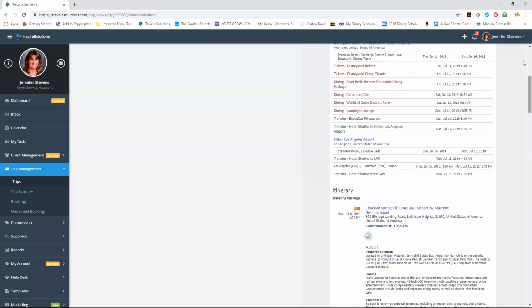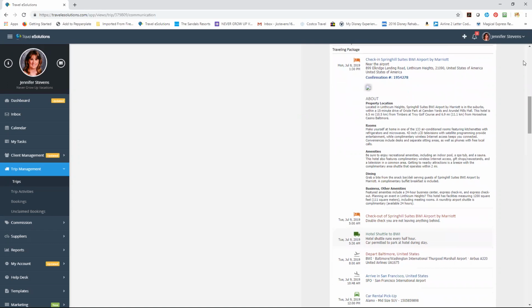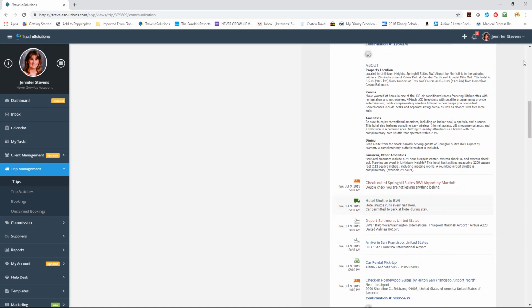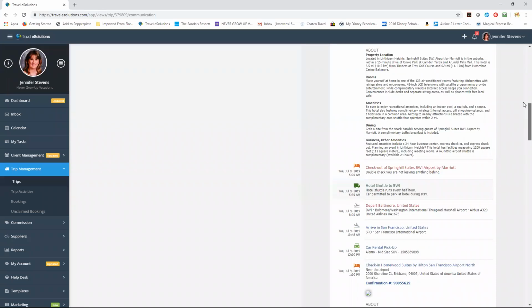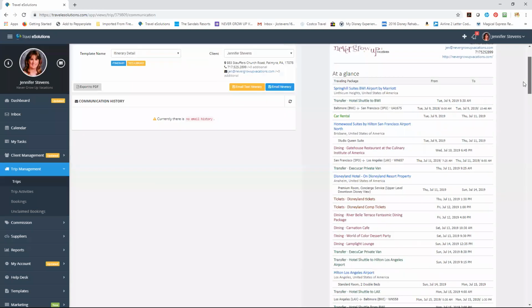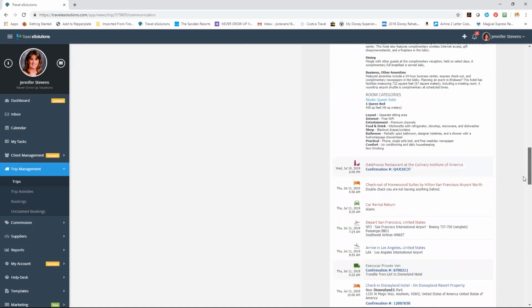So if we come down to the itinerary detail, this one's missing a picture for some reason. It was my trip, so it wasn't a huge deal. But this is actually where you will see the confirmation number for that, and you'll have the other detailed information. The confirmation numbers aren't going to appear at a glance, but they will appear down below, including